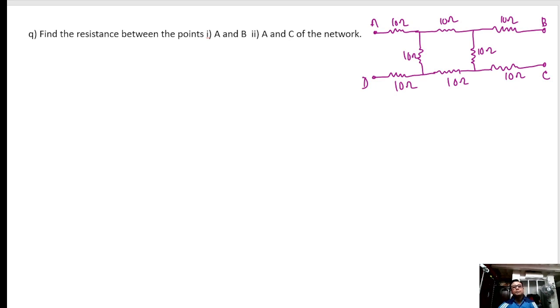Let's move on to the next part. First of all, they are telling that between A and B, here is A and here is B, what is the net resistance? So watch here, current will come like this, some part will go here, some part will come here,